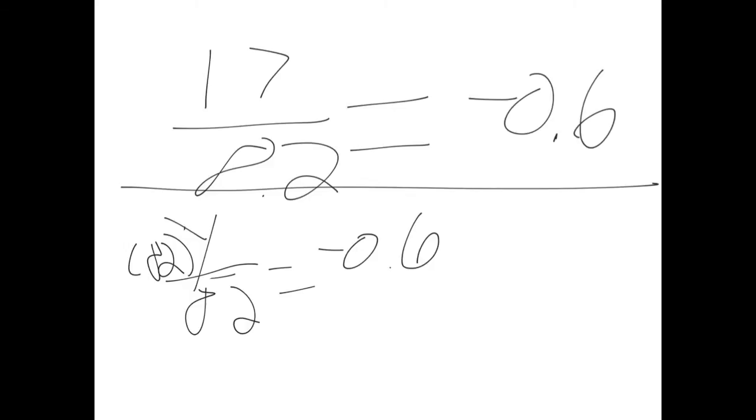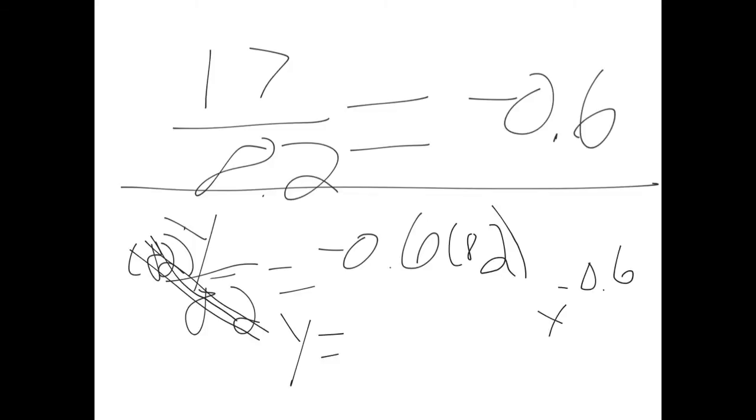So I already had the problem written, and division, what undoes division, which is multiplication, so I would eliminate, make the y alone, and then you times it to the other side. 81, so negative 0.6 times 82. So you already know it's going to be negative. And 6 times 2 is 12. Carry the 1 is 1. And 0. And 6 is